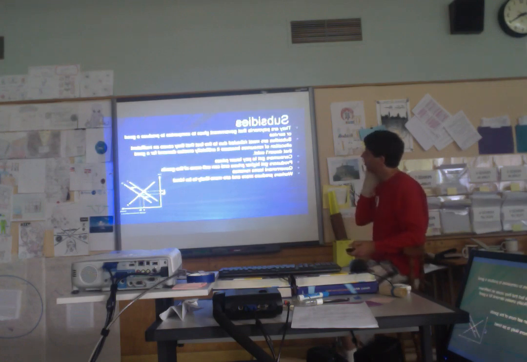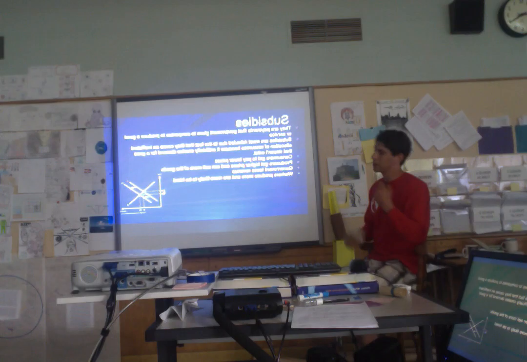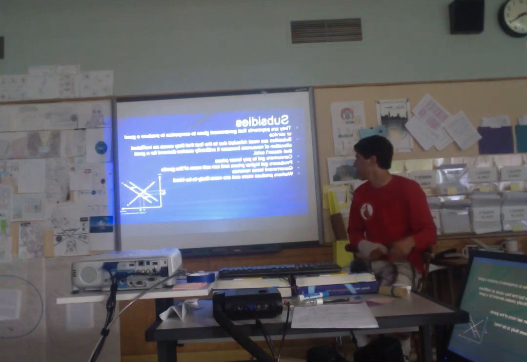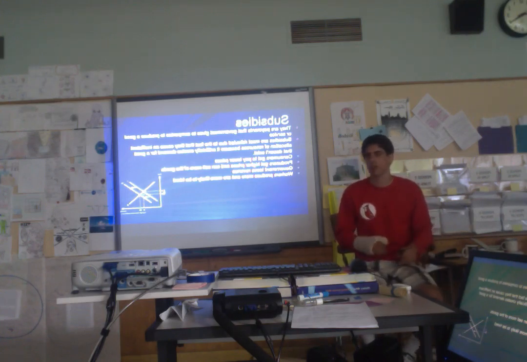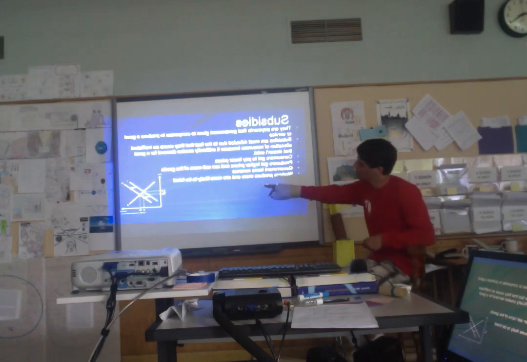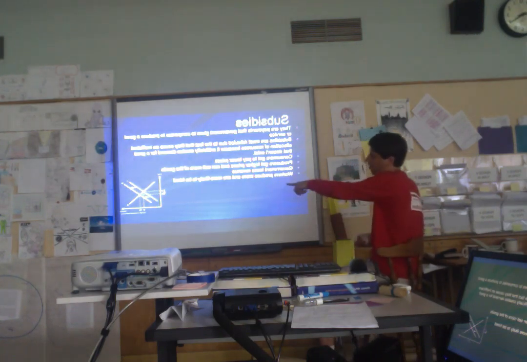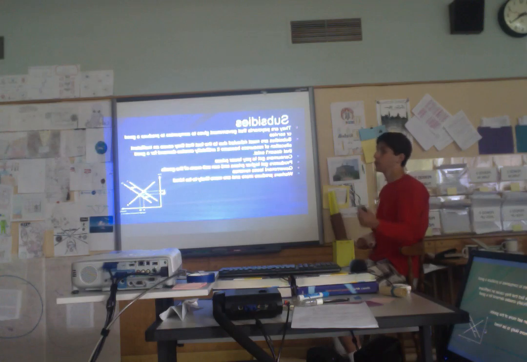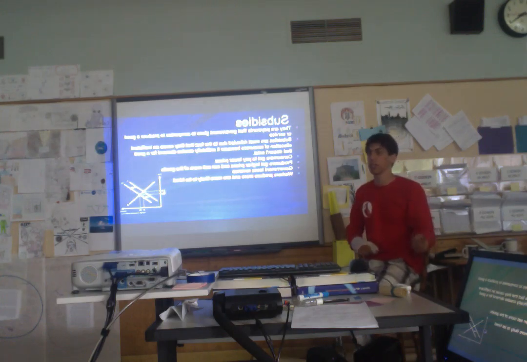And then subsidies. Subsidies are basically payments given by a government to a company to produce a good or service. And subsidies are most ridiculous due to the fact that they cause an inefficient allocation of resources, because it basically artificially creates a demand where it lowers the price, so more people demand it. As you can see on the supply and demand graph over there, because you shift it to the right, more people are going to demand it for that lower price. But realistically, people don't actually need that, and for stuff like corn, it's just a waste of money,